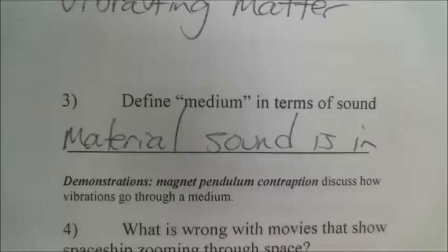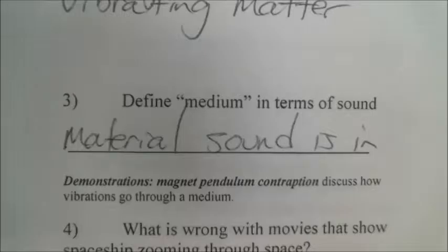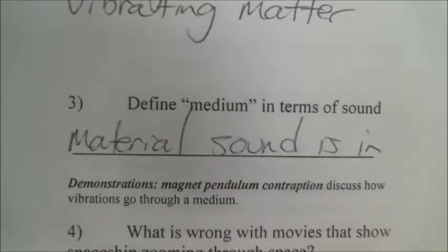Number 3, the medium is the material that the sound is in. And the atoms of the material are going to vibrate, and the electrical forces around one atom are going to push on the electrical forces of the other. Remember that every atom is made by a cloud of electrons, and those are all negatives. So when one atom gets close to another atom, the negative electrons push on the negative electrons of the other atom. They never actually touch, but as they get closer and closer, the forces build up, and eventually the atoms will push apart from each other. And this happens an awful lot like magnets.